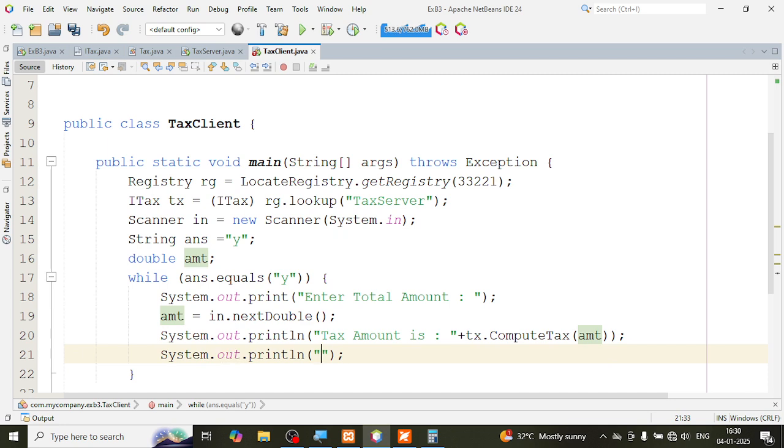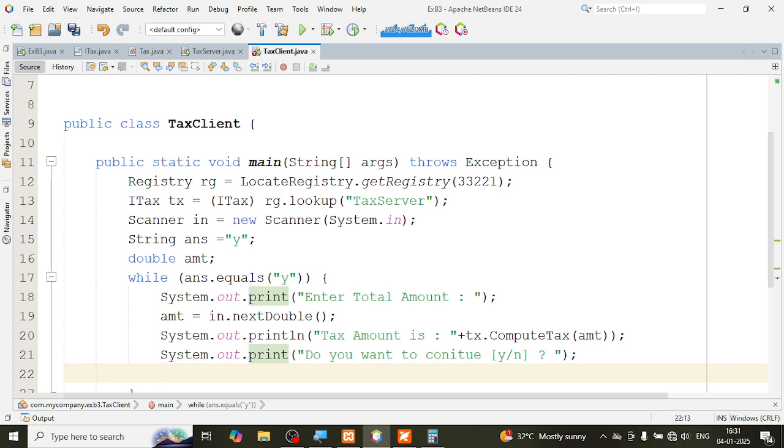Next question: I'm going to say yes out, and I'm going to say, do you want to continue? If the user says yes, I want one more tax. So do you want to continue? I'm going to say yes or no, for that person to know what answer is to be given. Again, I will not use println, because I let it come in the same line. And I am going to read the answer. So how do you read the answer? Answer is equal to